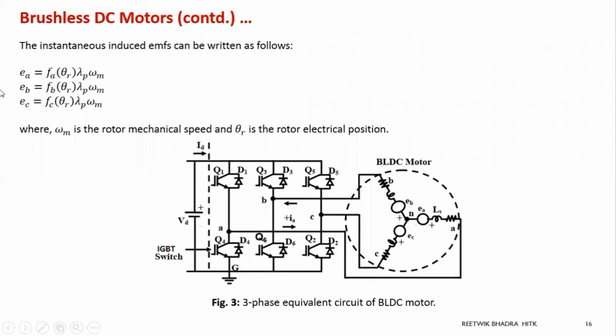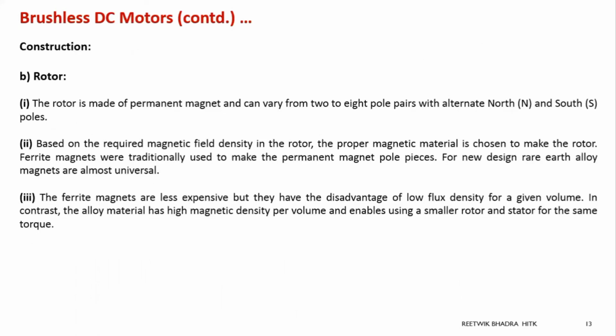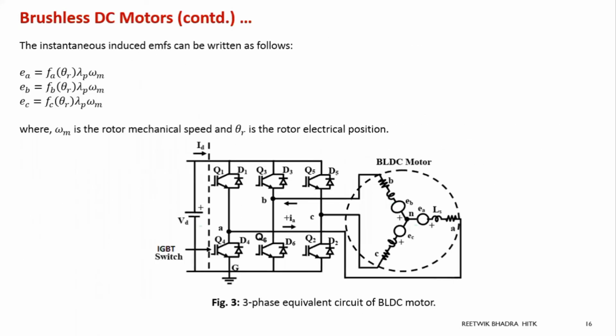And next you can write the EMF equation, which is your frequency as a function of your rotor position. Lambda is your flux linkages and your omega. Now, why I am telling you this equation, why this trapezoidal waveform will be formed this way, or is shown in this way? Why I am showing you this? Because this is a motor, no problem with this. This part of the circuit we had studied.